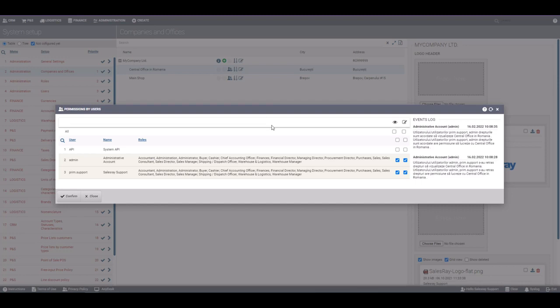For offices, there are two user permissions: to be able to view and to be able to work. If you give a user only the right to see the office, they will be able to see the issued financial documents, for example, but will not be able to change them. Generating, editing, and generally working with documents in that office is only possible when the user has permission to work there. Granting and removing rights is done by ticking or removing ticks. All changes are saved with the